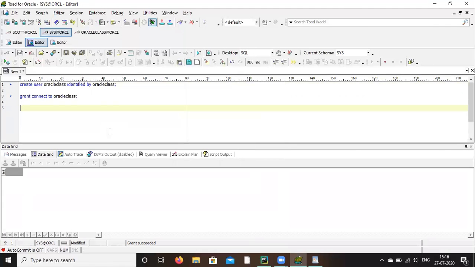Now write grant connect, comma resource, comma DBA, to the database user Oracle class.